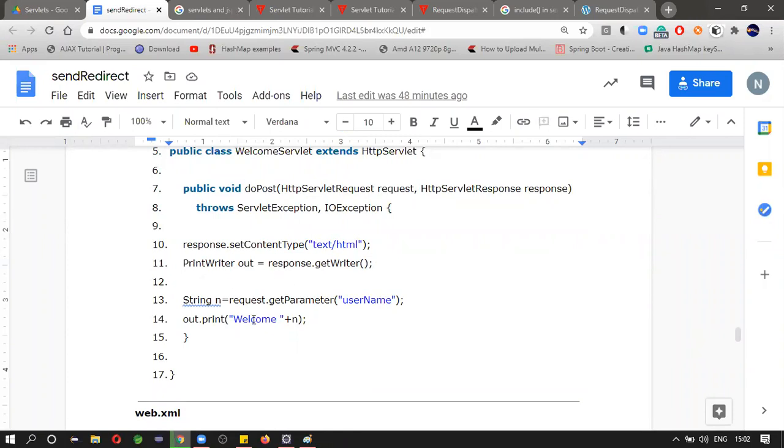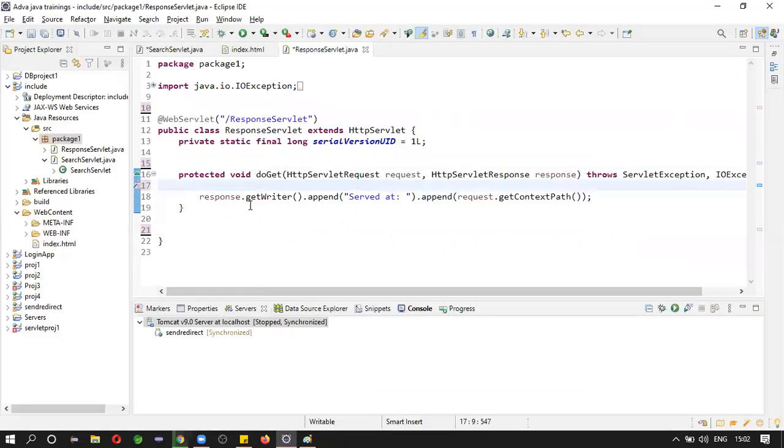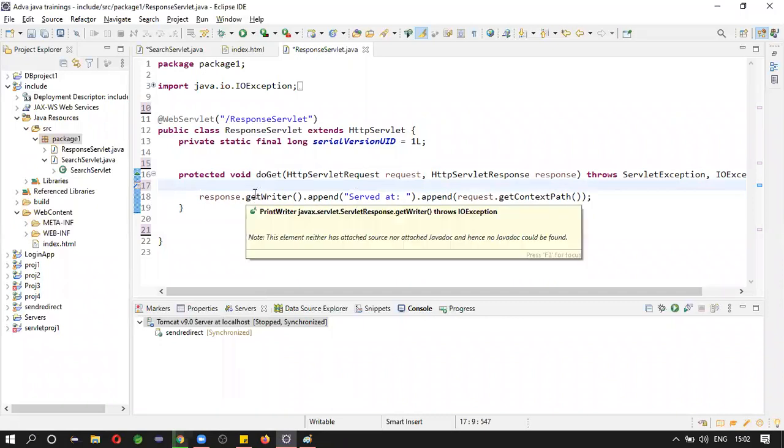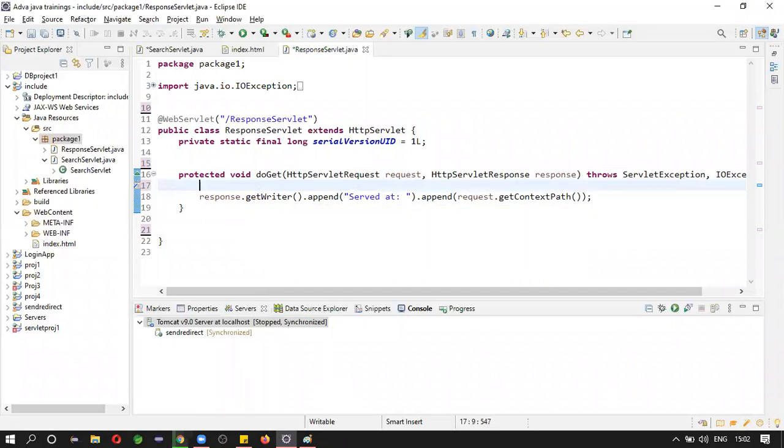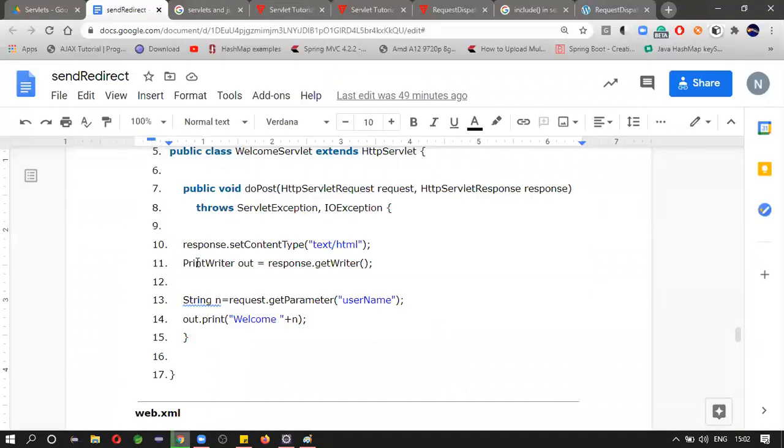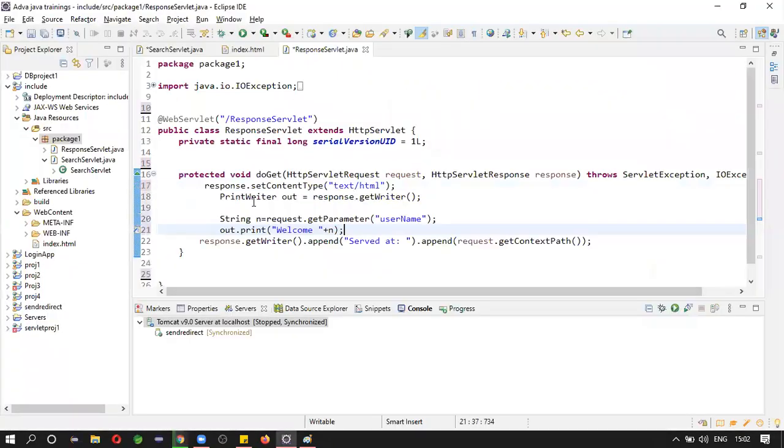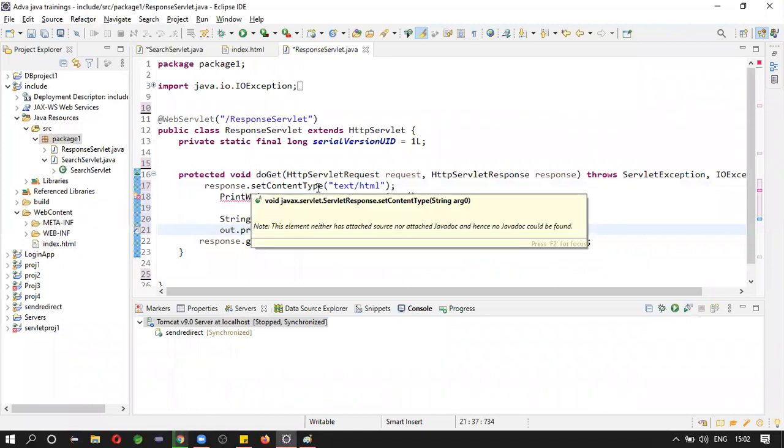Here what he is doing is simply printing the username on the console. Okay, so let us do the same thing. Let us copy this. First response.setContentType.